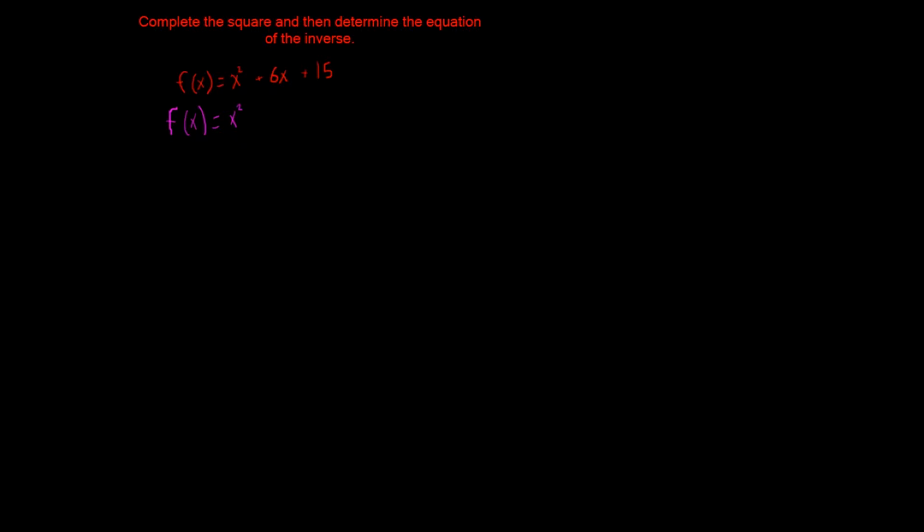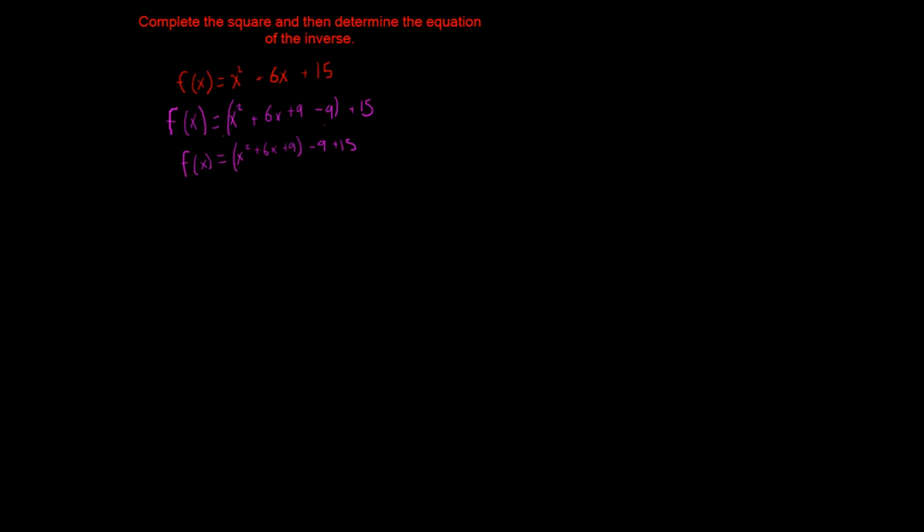3 squared is 9. So it's going to be x squared plus 6x plus 9 minus 9 plus 15, and this is all in brackets, sorry. F of x is equal to, and then you're going to do negative 9 times positive 1, because that's the coefficient in front of the entire brackets. We just can't see it. It's just a 1. So 1 times a negative 9 is going to be x squared plus 6x plus 9, all that in brackets, minus 9